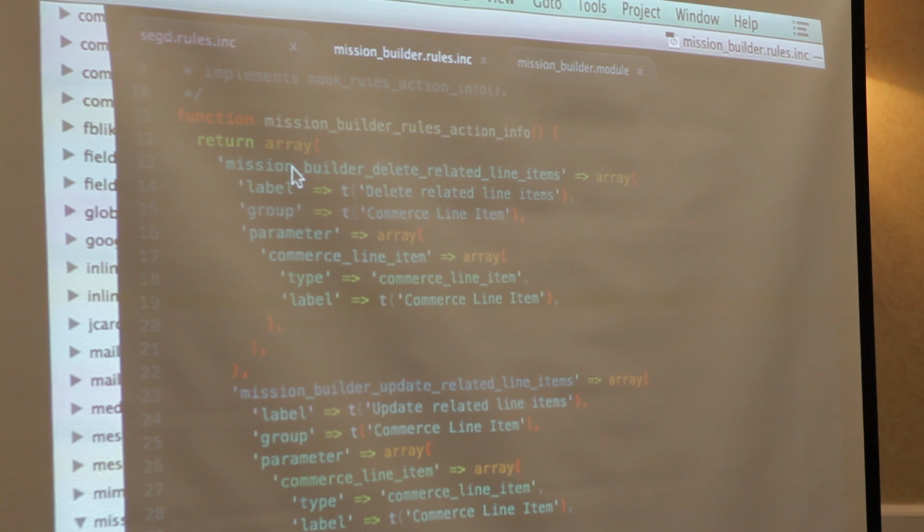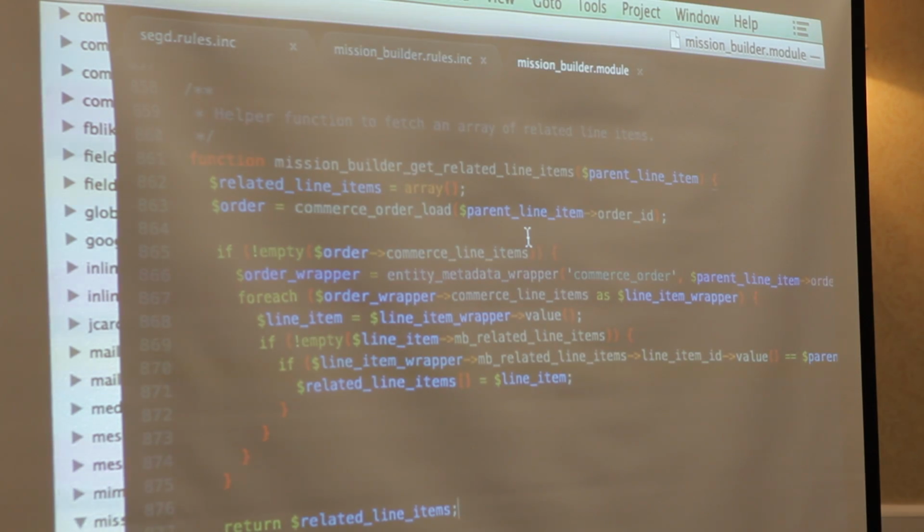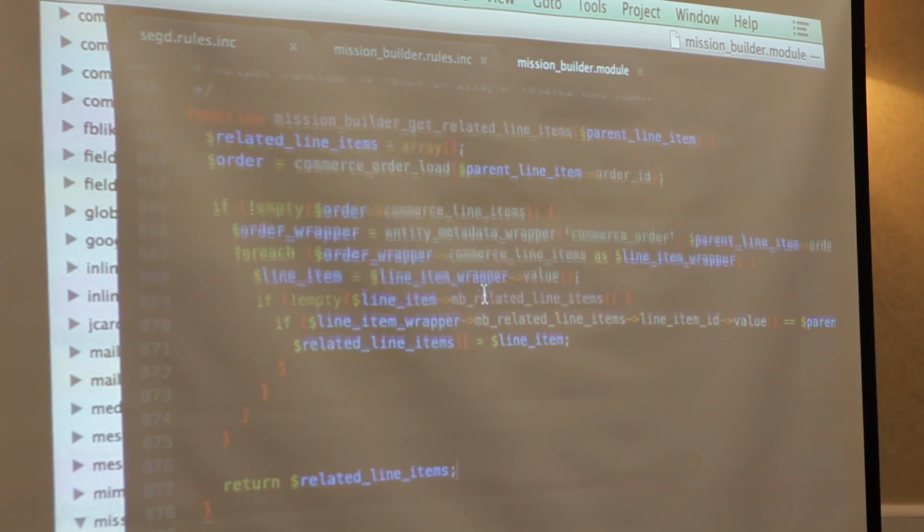If you don't want to use that value, you can set callbacks. If you look at the API on Drupal.org, there are tons more options, but this is all I needed. You can set an execution callback. But anyway, so mission builder delete related line items. So if we look at that, all I had to do was write a function that says